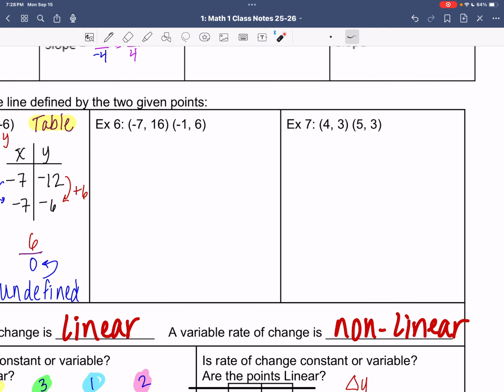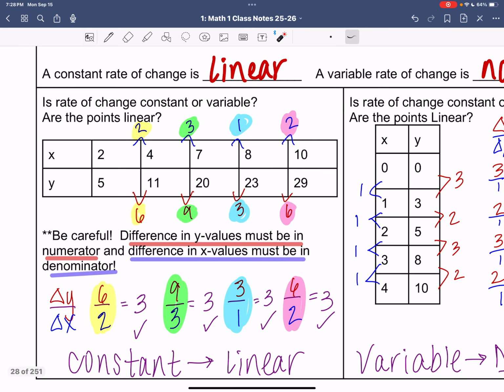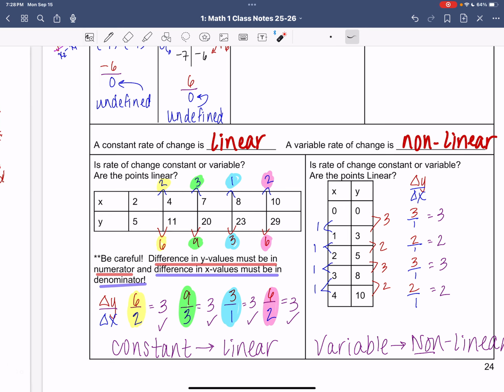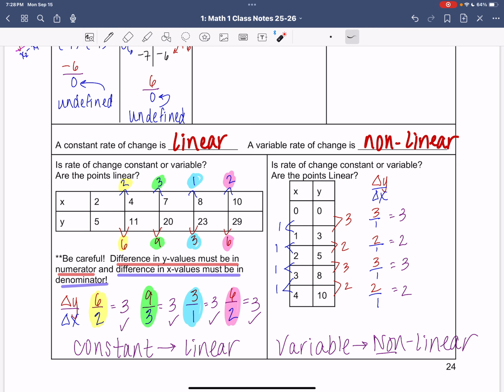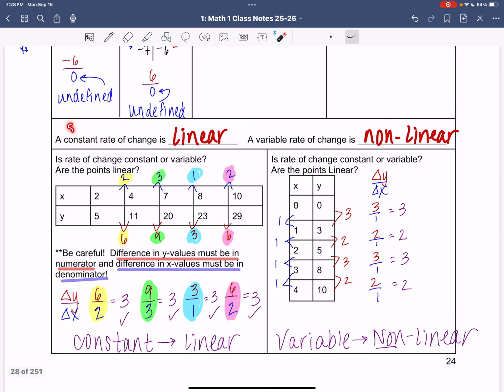All right, go ahead, I want you to try those. And now we're going to talk about a constant rate of change is linear and a variable rate of change is nonlinear. So if it's constant, meaning the same, it's linear. All right, so what we got to do is we got to look to get from 5 to